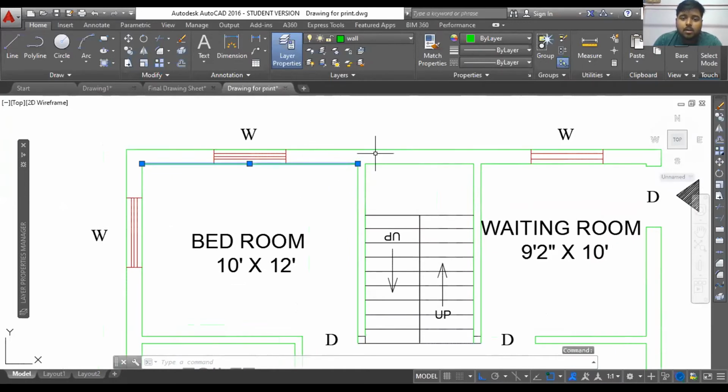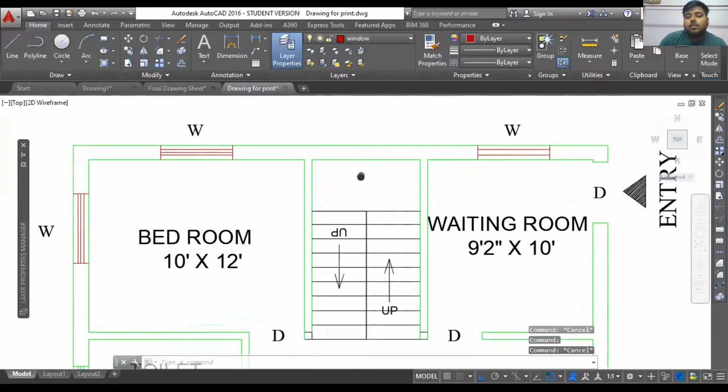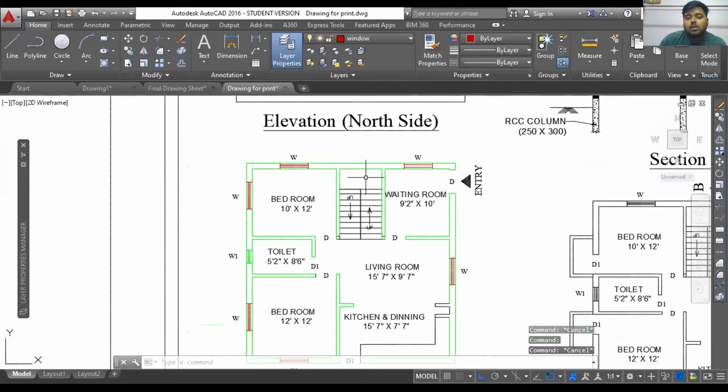This is also coming under the wall layer. Now suppose I want to select all the wall lines at a time. Till now, I have selected all the wall lines individually because those were not coming under any kind of group or any layer.